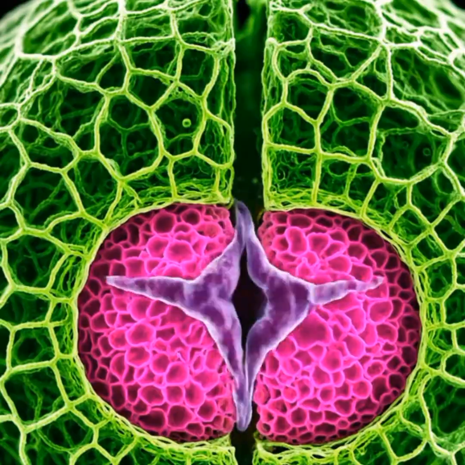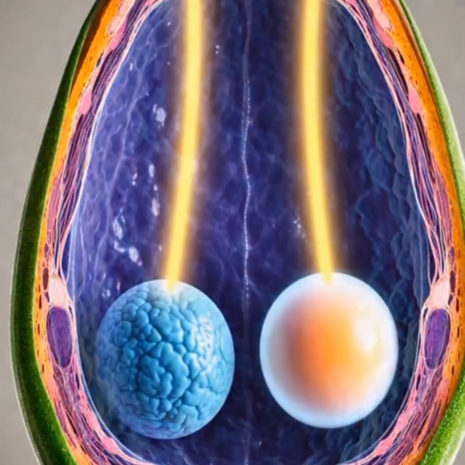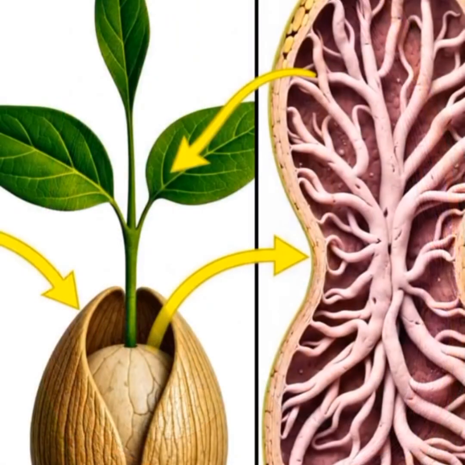A comparative analysis of plant and human reproductive biology reveals that while both kingdoms have evolved sophisticated mechanisms for embryonic nutrition and development,